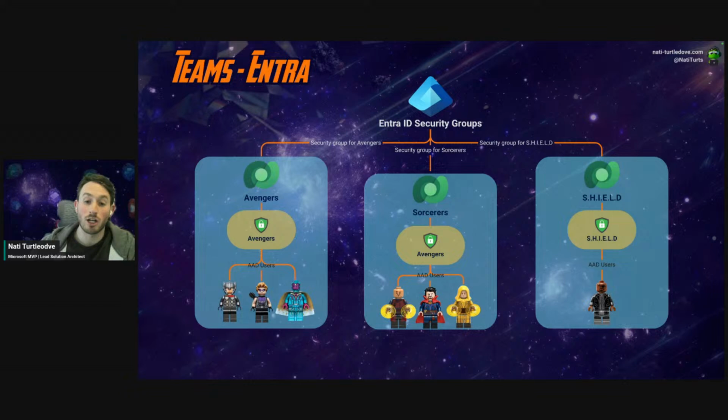And when we do change a user's business unit, we just need to give it an hour, maybe less, to re-provision. The Dataverse team, which is linked to Entra ID, will re-provision and ensure that the user is assigned to the appropriate security group based on their business unit. So it takes away the need for having to manually assign security roles when we switch business units, and it helps ensure optimization and efficiency with managing teams and control and security layers is really at its finest. So that's why I really, really like Entra ID teams.